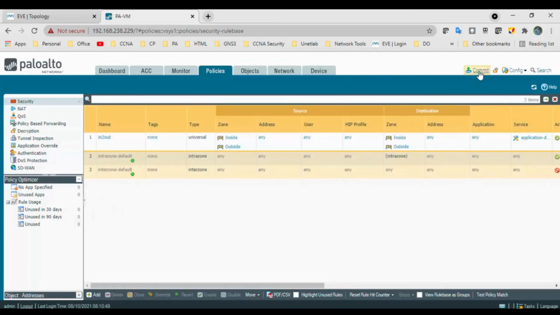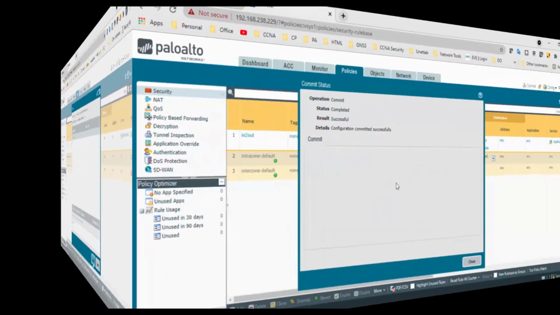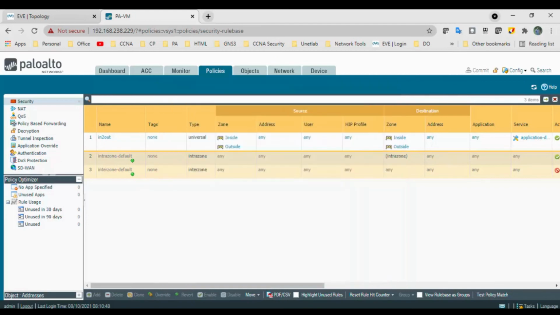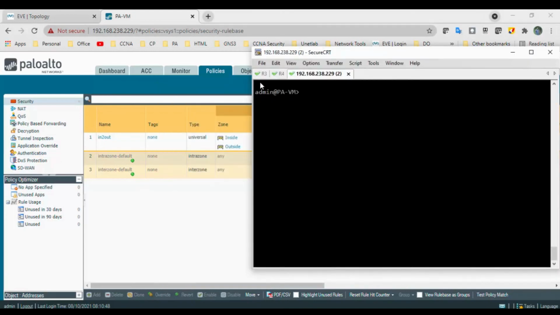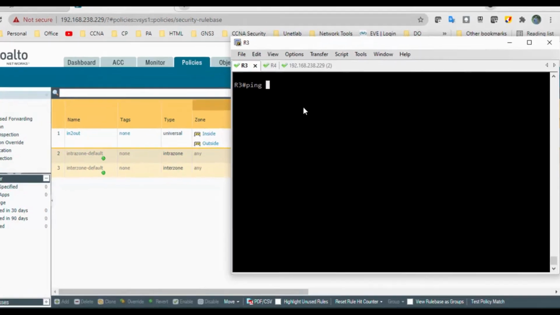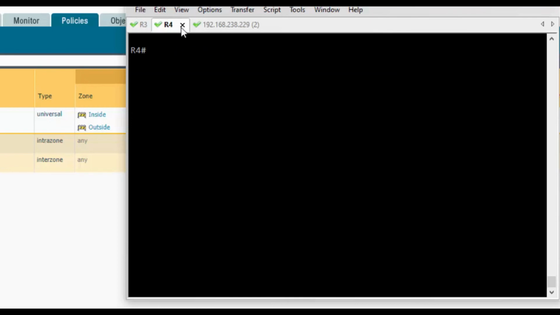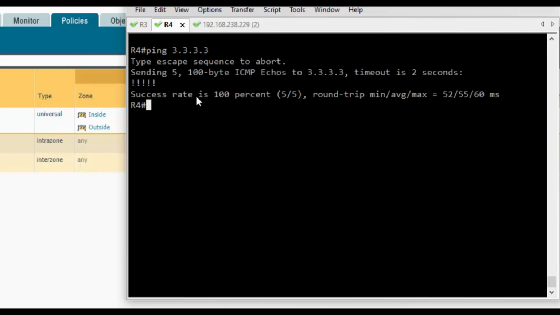Click on OK and commit the changes. Okay, configuration committed successfully. Now go to router 3 and try to ping router 4, and we have the connectivity. Similarly we will go to router 4 and try to ping 3.3.3.3, that is inside. So I have the connectivity.